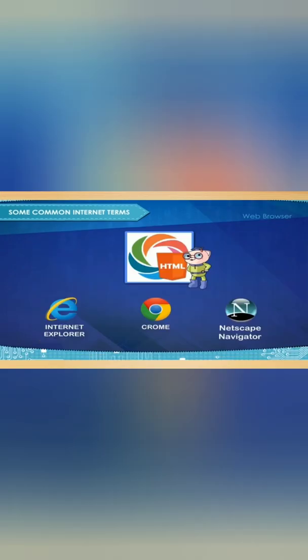Now I will tell you what a web browser is. A web browser is software that allows you to view information on the internet, like Internet Explorer, Edge, Chrome, Netscape Navigator, Mozilla Firefox, Safari. So many web browsers are there in the market, but Safari is the latest web browser.